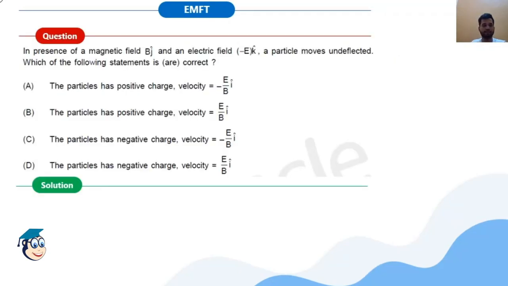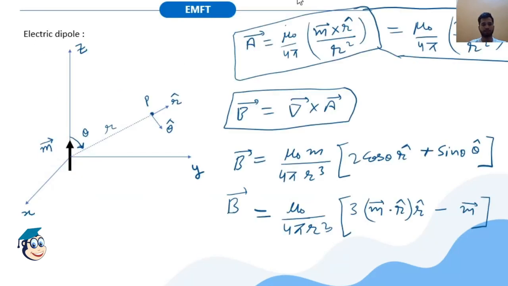Okay, so now we will solve a previous year question, and this question was asked in JAM 2018. So I will write here, this question was asked in JAM 2018. And what does the question say? The question says in the presence of a magnetic field B j cap and electric field minus E k cap. Before solving this question, let me draw